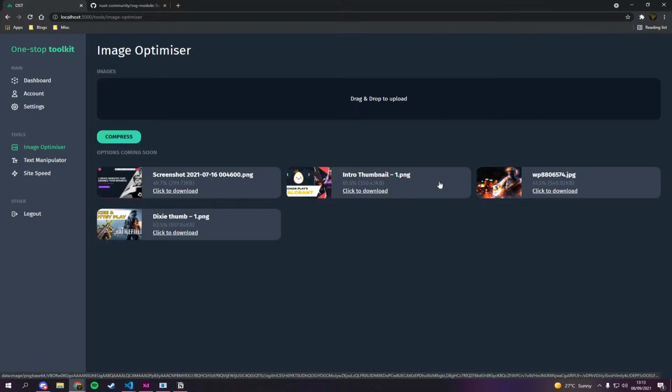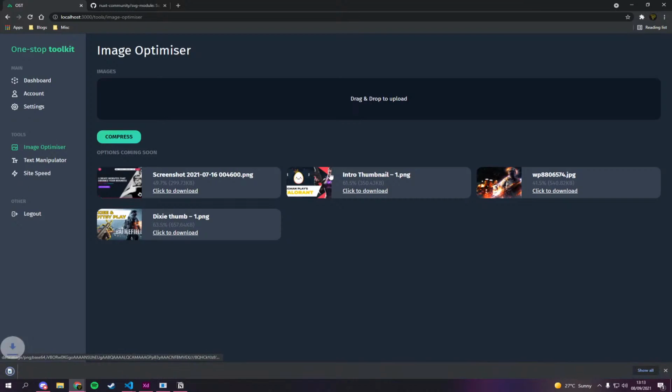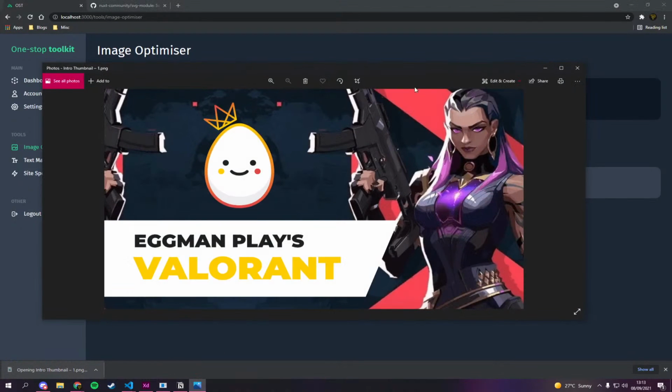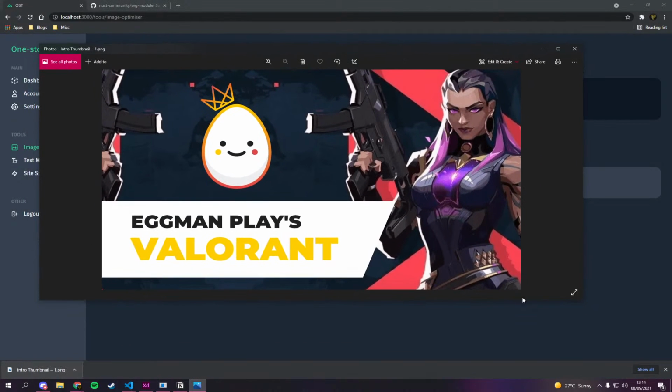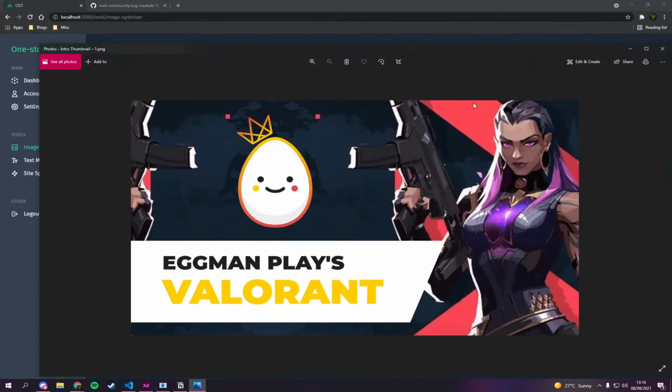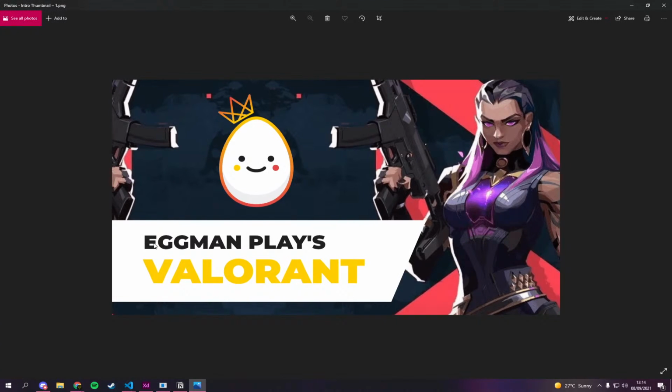So you can cut your image's size in half by using this tool. Let me just quickly download this and open it up. You can see the quality is pretty much intact. Obviously, this image isn't good quality in the actual one, but the rest of this, it cuts it down really nicely. You can see the text is still crisp.